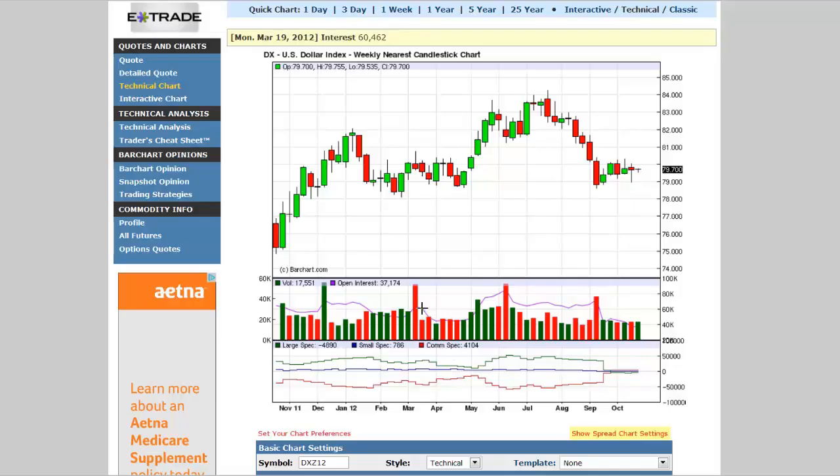At the same time frame, open interest is declining while price is in a consolidation, while price is trading at a key support level, 79. See that level over here? 79. So we can expect reasonably, seasonally, we're looking for higher prices in the dollar, weaker in the fiber and cable. Okay, so there should be a risk off scenario. Risk off is going to draw participants into buying safe haven assets.